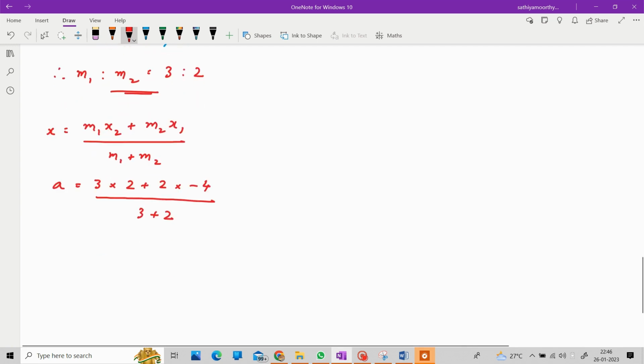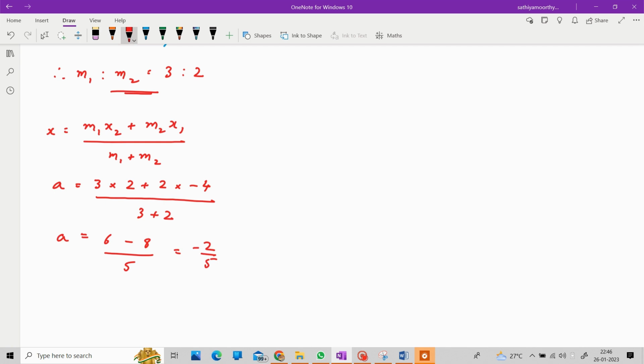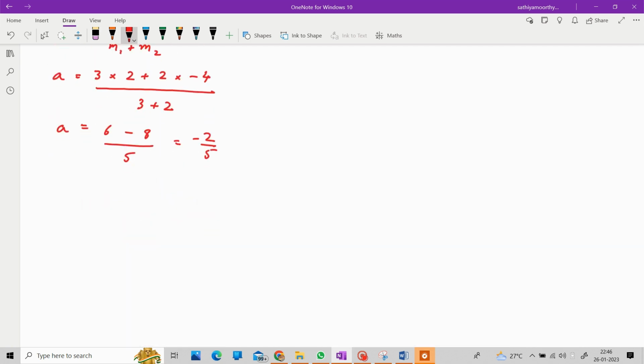Now let me simplify this. I'll be getting 3 into 2 is 6 minus 2 into 4 is 8 divided by 5, which is equal to minus 2 by 5. So a is equal to minus 2 by 5. So what all we found out? Therefore m1 is to m2 is equal to 3 is to 2 we have found out, and the a value is minus 2 by